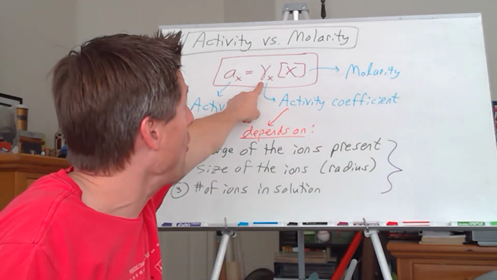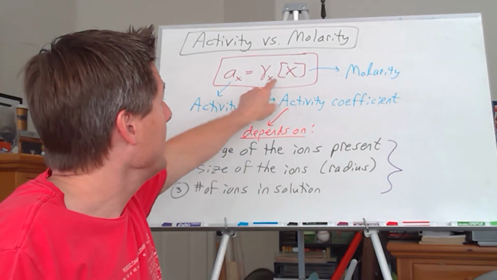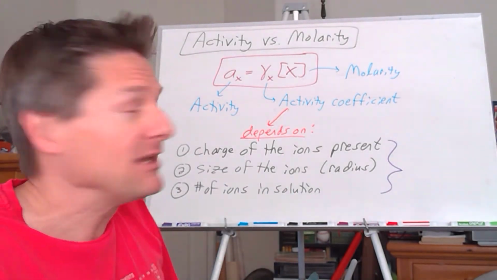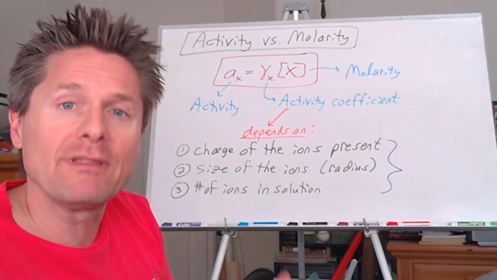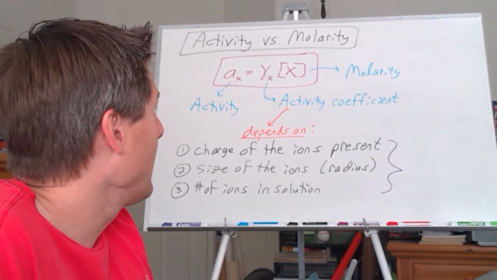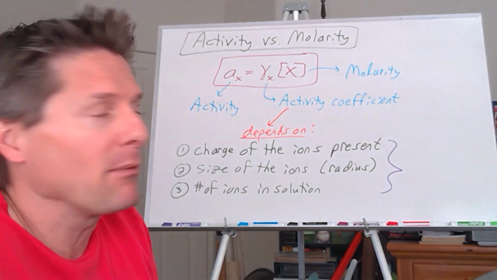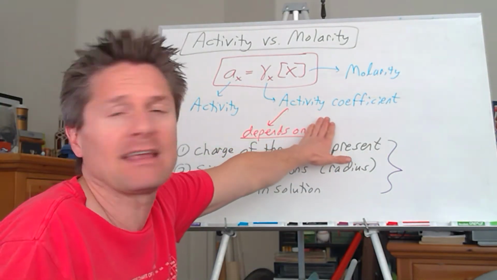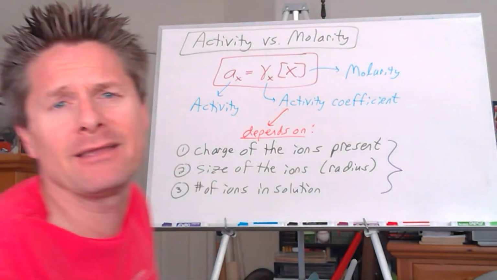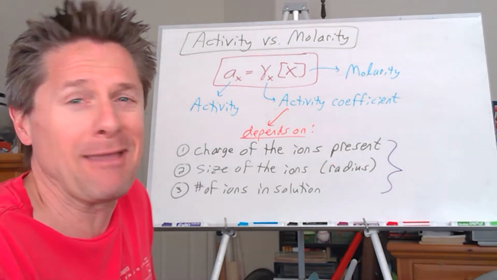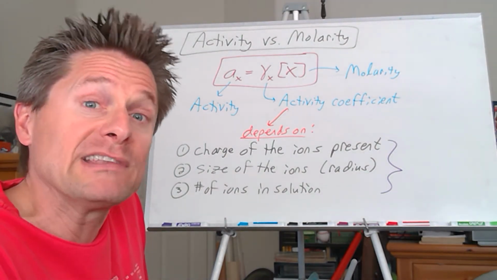So if we know the activity coefficient for species X, we can just multiply it by the molarity like we normally do and get the effective concentration that accounts for the presence of those inert salt ions. So think of activity as an effective concentration or an adjusted molarity. That's probably the best way to think about that. Well, how do we get this activity coefficient? There's two ways, theoretically and experimentally. We're not going to do it theoretically. Not a very fun equation at all. So we're going to do it from experimental values and do some linear interpolations from a table I'll provide you